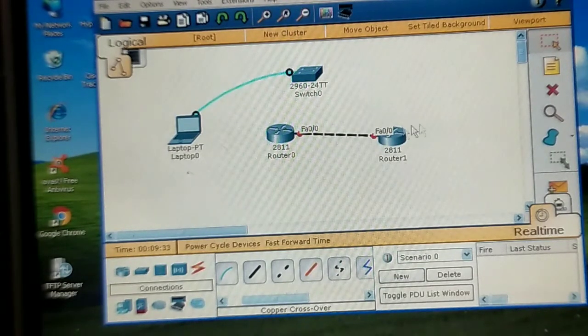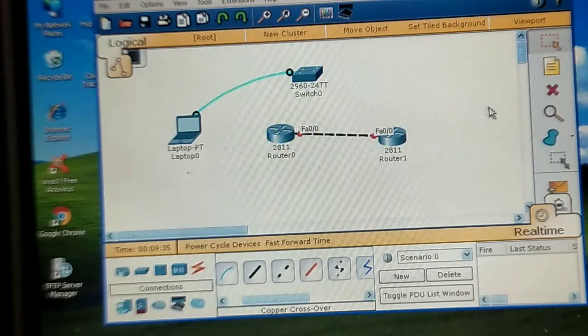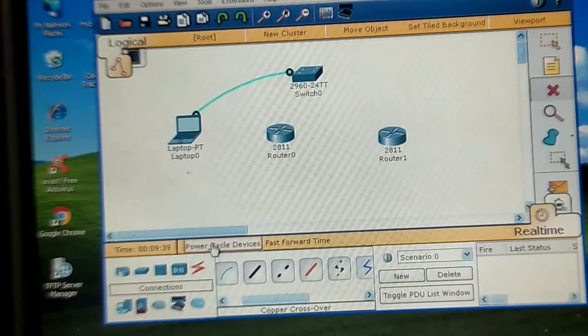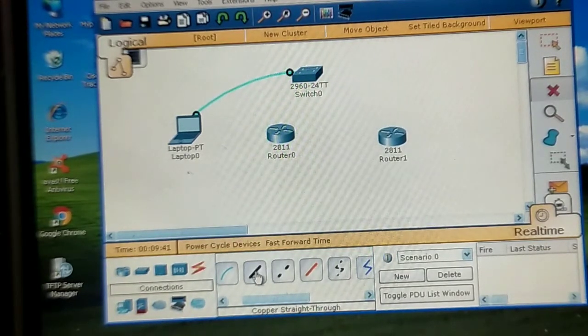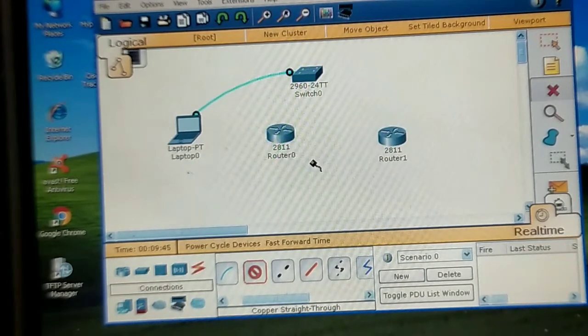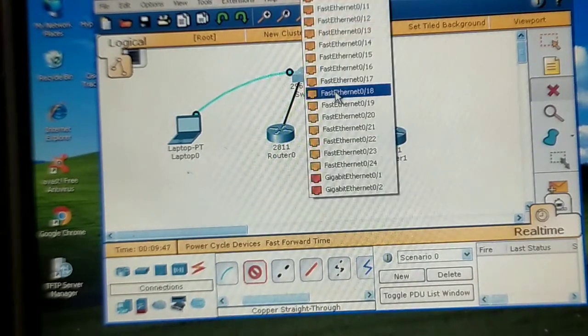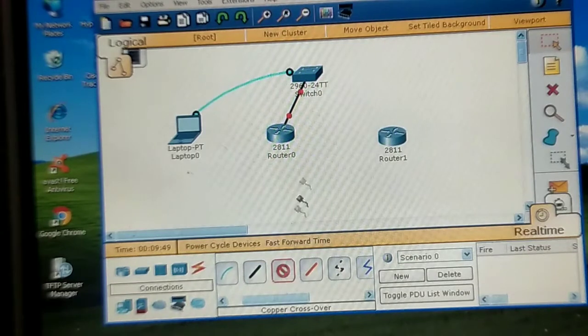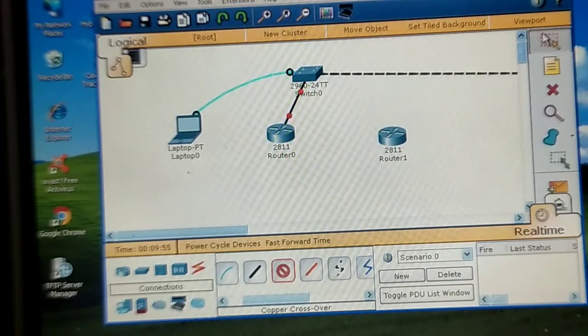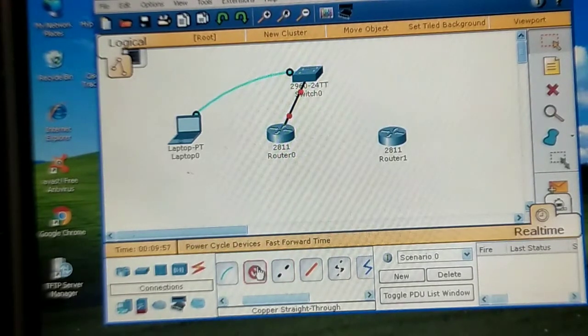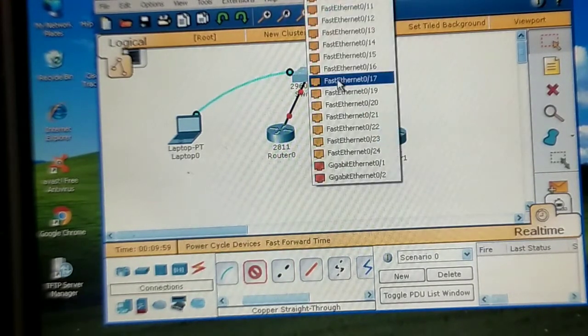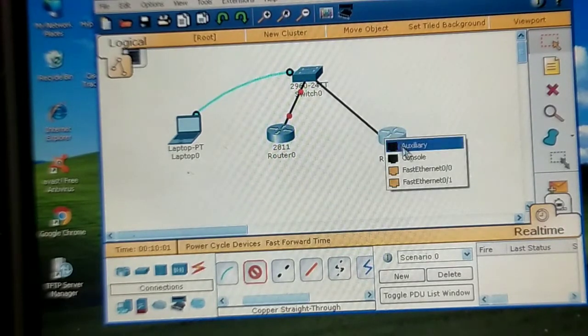If you don't have any crossover cable, then what you have to do is to just make use of this switch. Okay, then you have to use straight through cable. Straight through cable is connected to this switch, and then any port of this switch, and then this switch will be connected in turn to this. Oh sorry, this is the crossover cable, we don't want to use it again. This switch will be connected through straight through cable to our router.